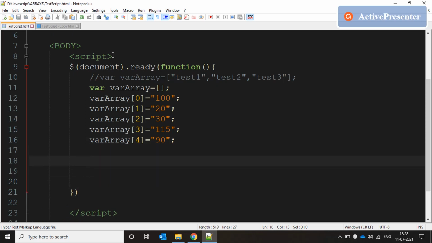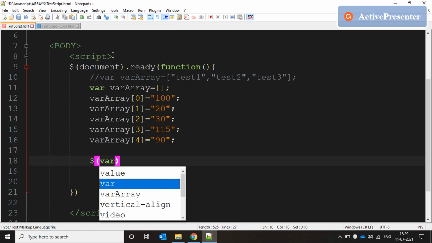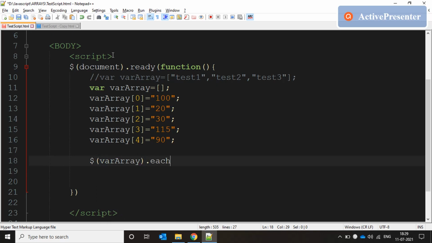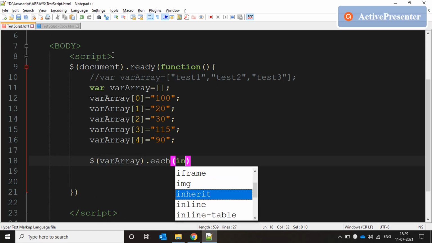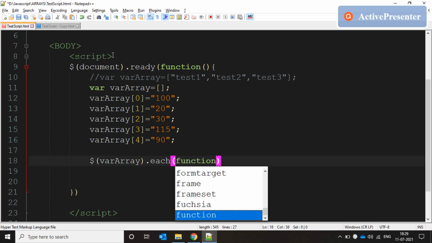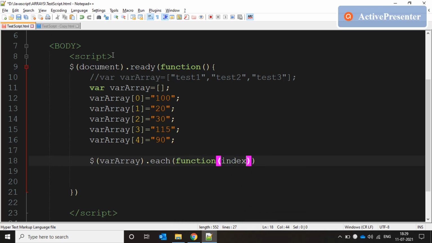Now in jQuery the declaration and initialization of arrays still remain the same. So let's try to loop through the values of this array in jQuery using the $.each, and we have function index value